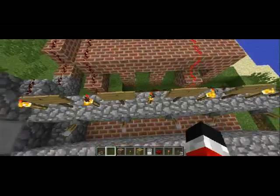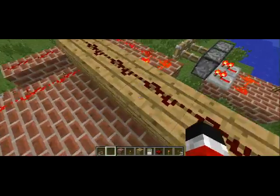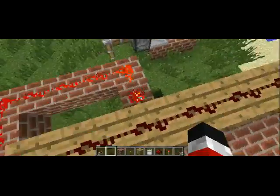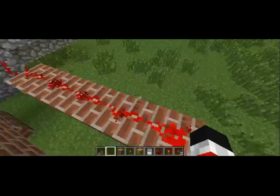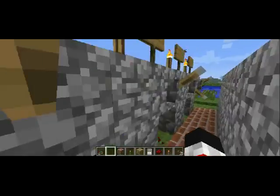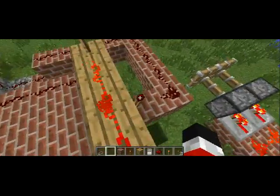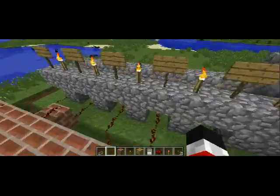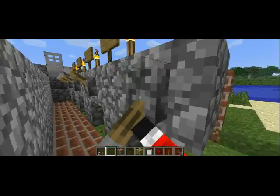It's on, so that torch is off, and it turns the torches off, and then the torches, since they're off, send off power to this, which sends power to all of this. And if this is on, this would send on power to that torch, so that torch is off. Now the pistons,